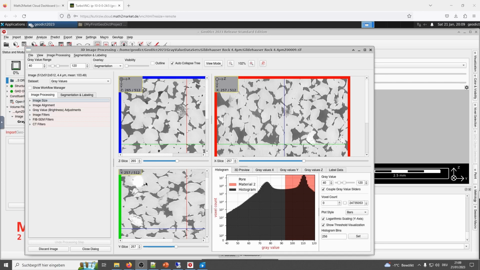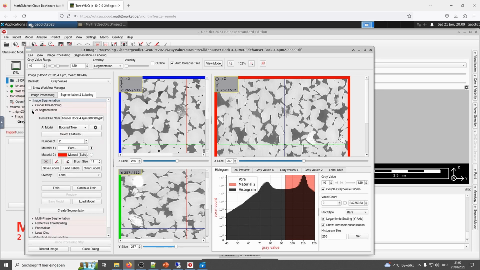Please open the Segmentation and Labeling menu and go to the AI Segmentation tab. They are here next to the Image Processing, Segmentation and Labeling. Click and find AI Segmentation. Expand.